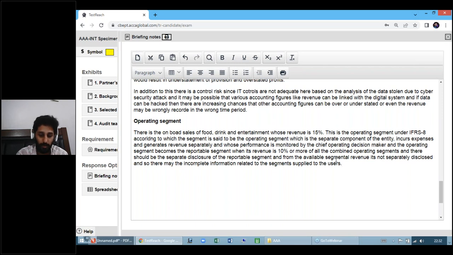The users may not be well aware of what kind of segments they are operating in,